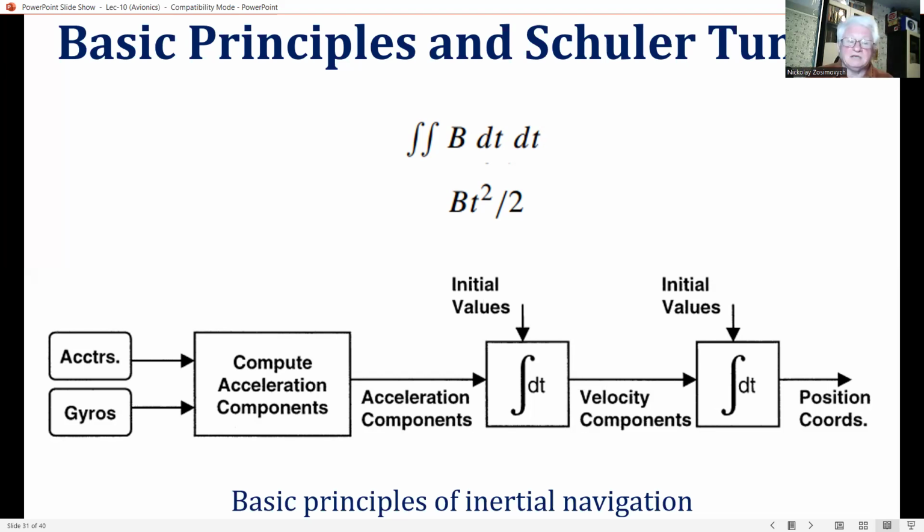If the vehicle's acceleration components can then be derived along a precisely known set of axes, successive integration of the acceleration components with respect to time will yield the velocities and distance traveled along these axes. This is true provided the initial conditions are known, that is, the vehicle velocity and position at